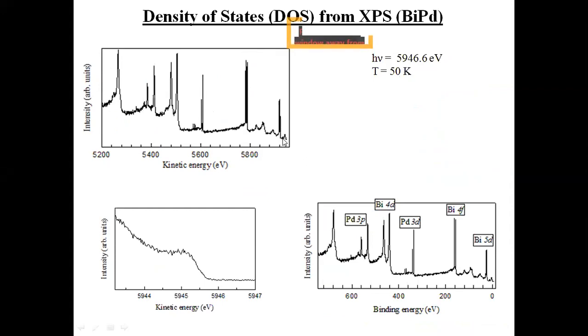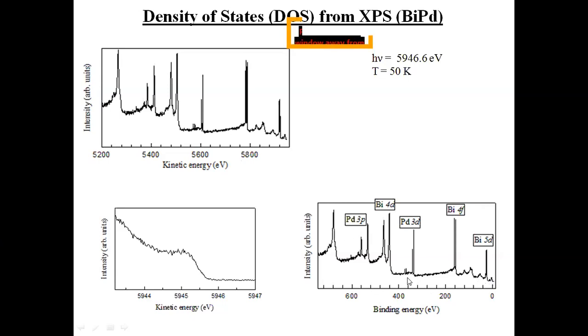Now if you look closely here, which is zoomed in, this is the Fermi level. You can see after some kinetic energy, there are no electrons. So this is the Fermi level. The Fermi level here is roughly around 594.45. We take it as 0 and change the kinetic energy scale to binding energy. If you change it that way, by taking the Fermi energy as 0, then this is the energy scale that you get.